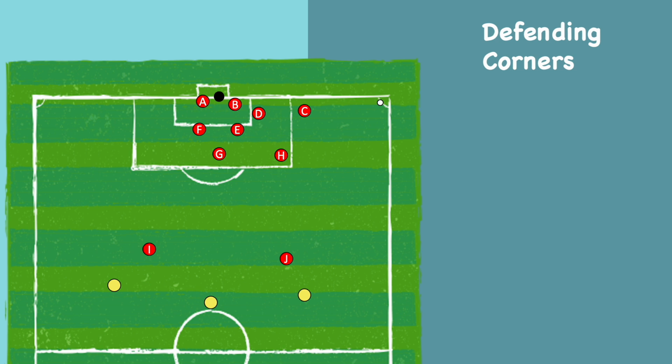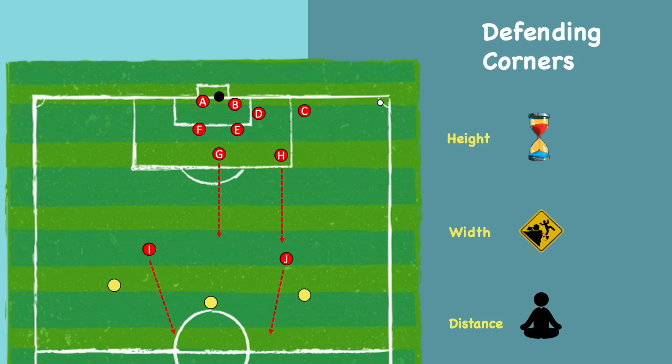Emphasize to your defenders the importance of clearing the ball with height, width, and distance. Height buys time, width moves the ball away from the danger zone, and distance alleviates pressure. A perfect clearance from a corner kick combines all 3 elements and finds one of your own players, setting up a potential